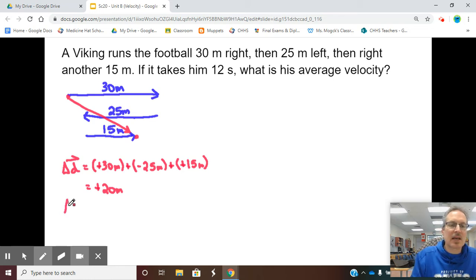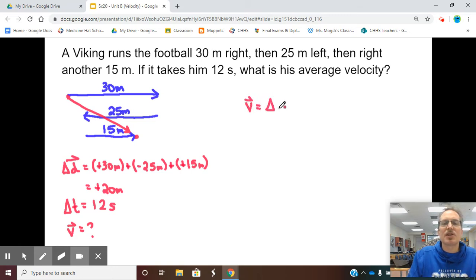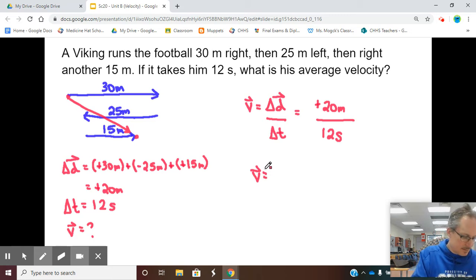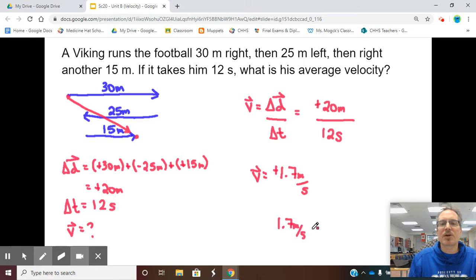Of course, we are positive or to the right, and we are to the right or positive 20 meters. My total time for this movement, it tells me in the question, is 12 seconds. And my job is to find the velocity. Yes, the vector arrow is important. So my formula from the formula sheet is velocity equals change in displacement over change in time. My change in displacement is positive 20 meters. My change in time is 12 seconds. Therefore, my velocity is going to be positive 1.7 meters per second, or 1.7 meters per second